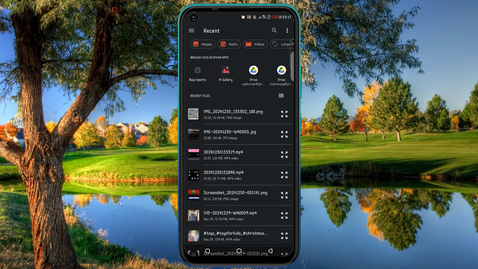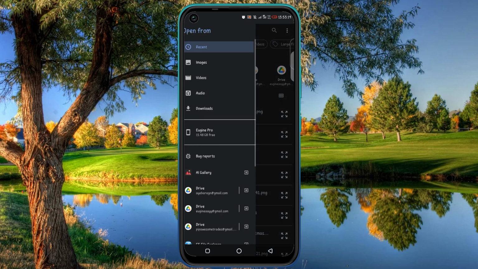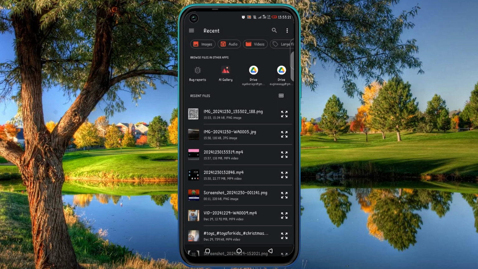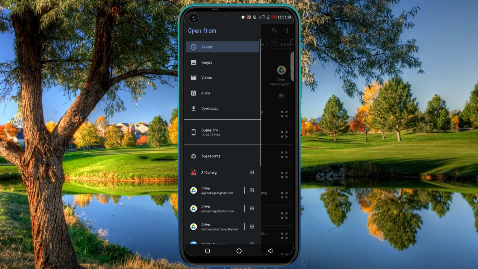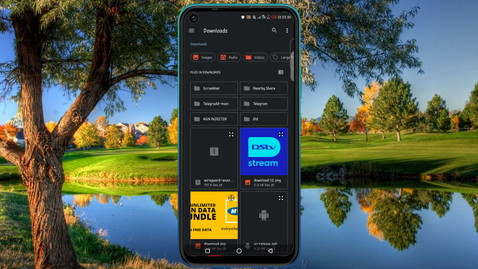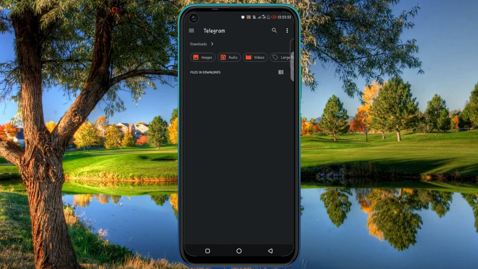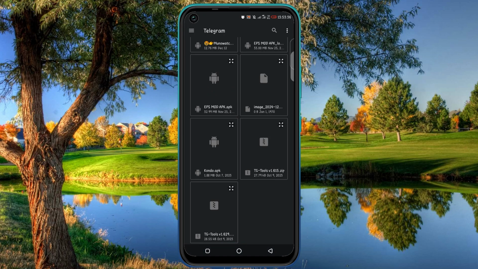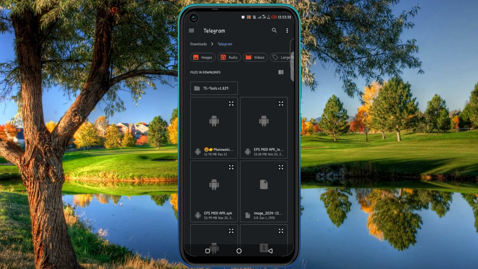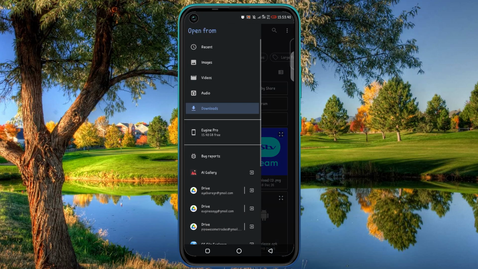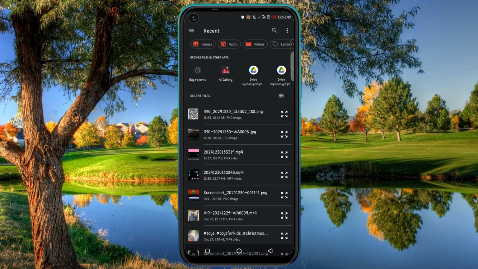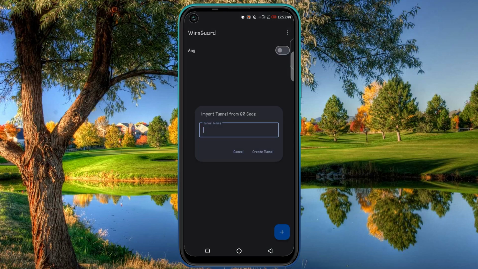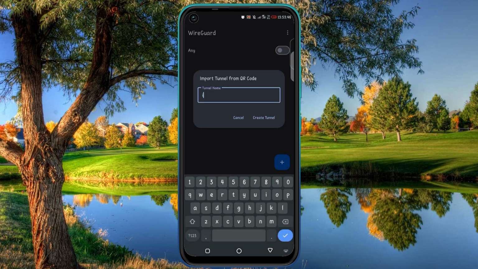Then that will open your file manager. Then you choose the latest one. You can go to recent and you see the image will be there. Click on it to import it. Or you can navigate to your downloads folder, then Telegram. That will only work if you save the file to downloads. So go back to recent, then you see the image, click on it,